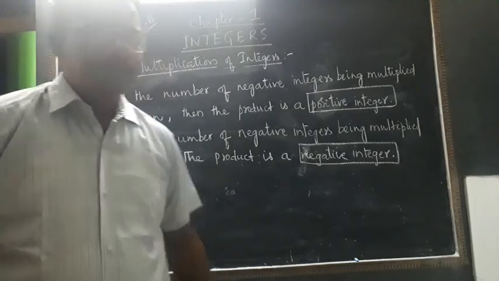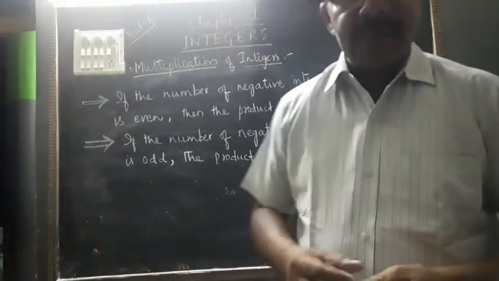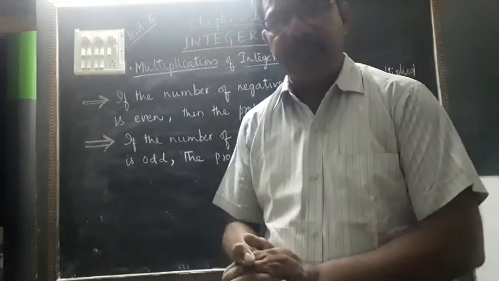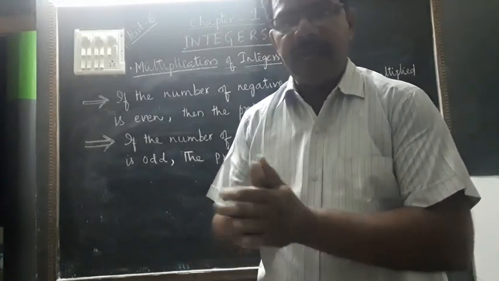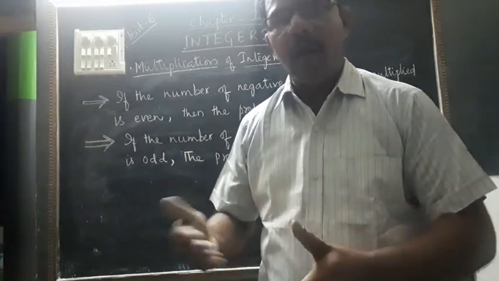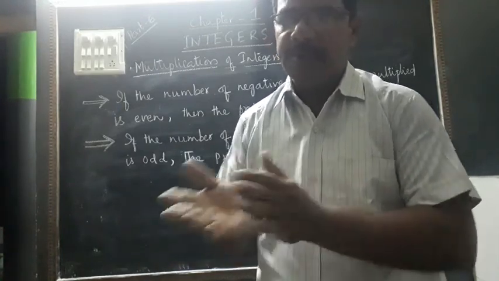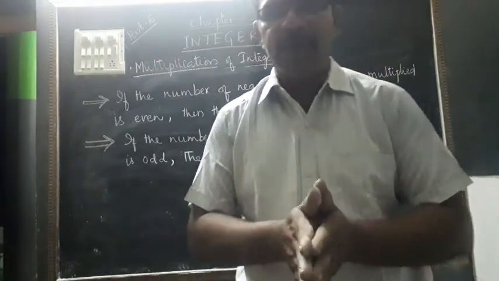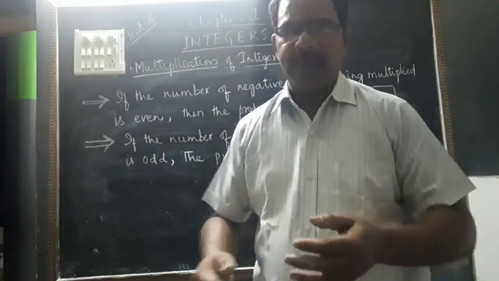Okay. So thank you. In the next video we shall see exercise 4 of chapter 1, on the multiplication of integers, how to multiply a number of integers, whether they are an even number of negative integers or an odd number of negative integers. Or one is positive and one is negative, or both are positive. Like that, different types of sums are there. That exercise we shall see. Okay now.